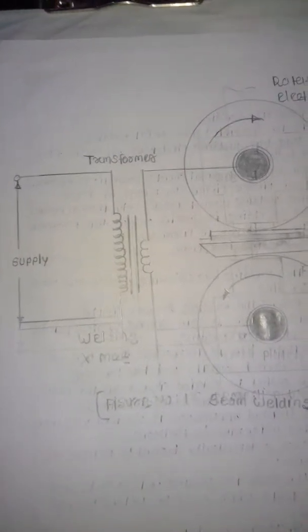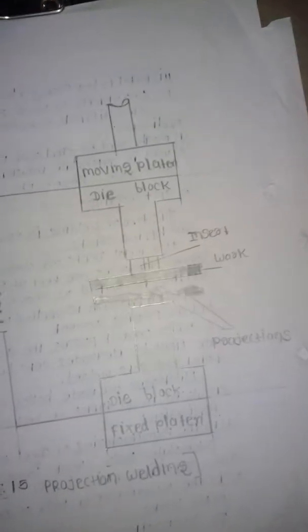A second type of projection welding. There is a supply, primary winding and secondary winding, and a movable die block and a second die block, one fixed and one movable. The two work together on the projections. In the transformer, the supply converts to high intensity